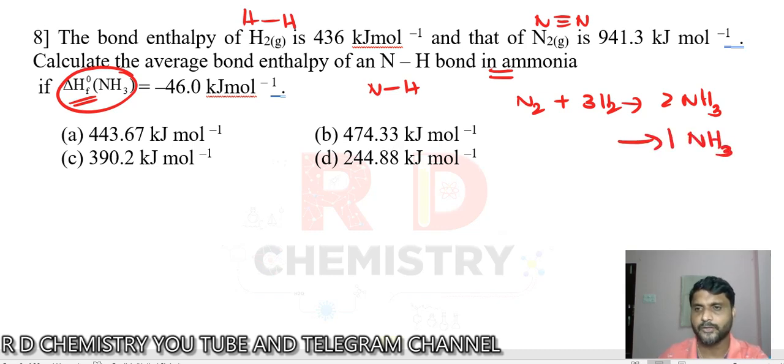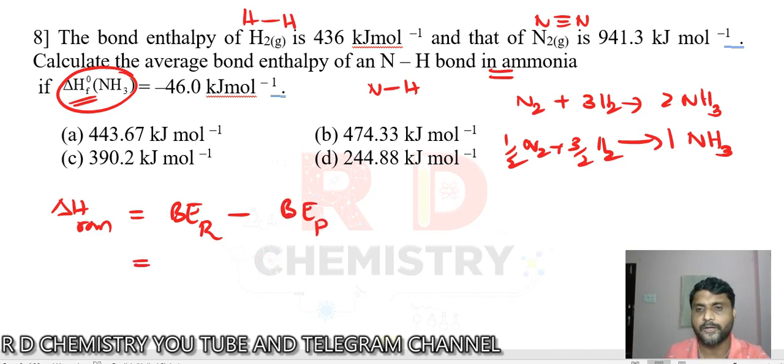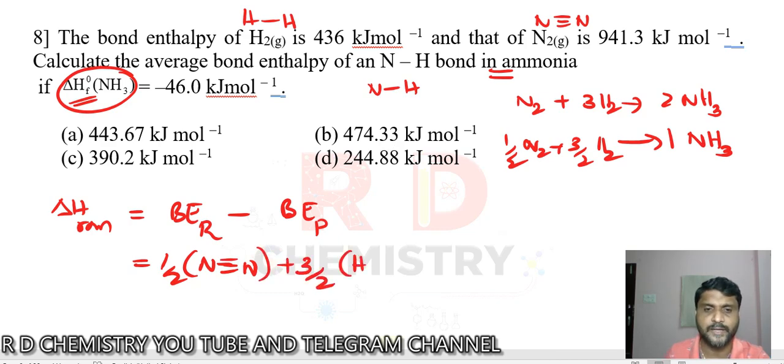So therefore, what I should do is divide by 2. So half mole of nitrogen plus 3 by 2 of hydrogen. Correct? Now to write down delta H of the reaction, in terms of bond enthalpy of the reactants minus bond enthalpy of the products, which is equal to: nitrogen, half the mole we have got, half into bond energy of the nitrogen triple bond, plus 3 by 2 the hydrogen enthalpy, minus